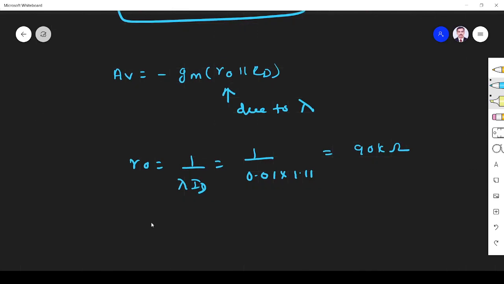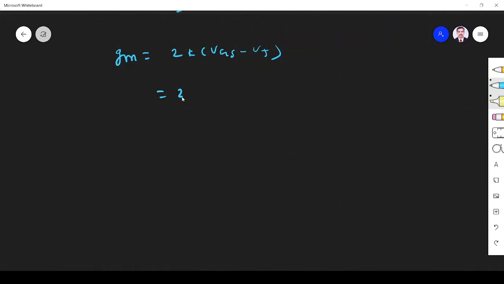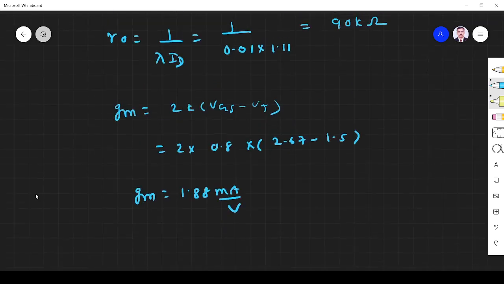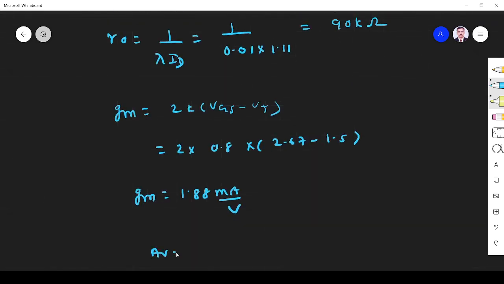RD is there in the circuit itself. gm is 2K times (VGS minus VT). We have everything: K is given, so 2 into 0.8 times (2.67 minus 1.5). So gm is 1.88 milliampere per volt. So we found all the things. What is Av? Av is equal to minus gm, 1.88 milliampere per volt,